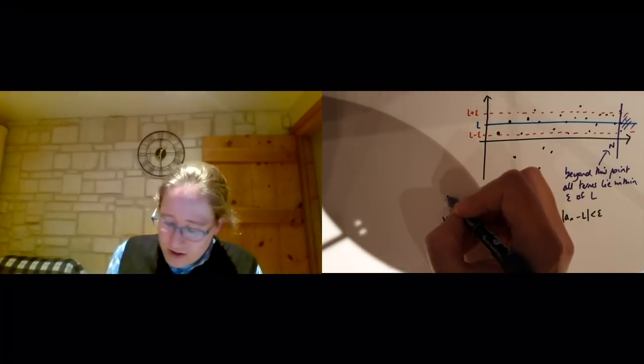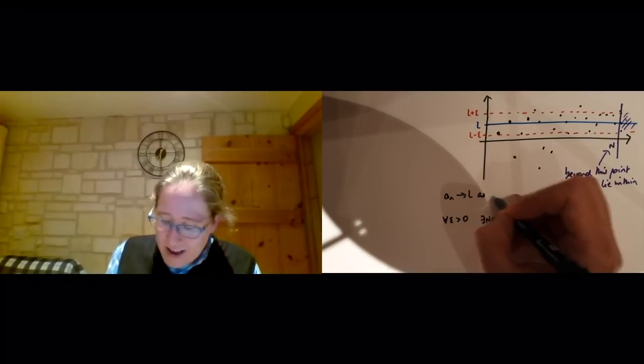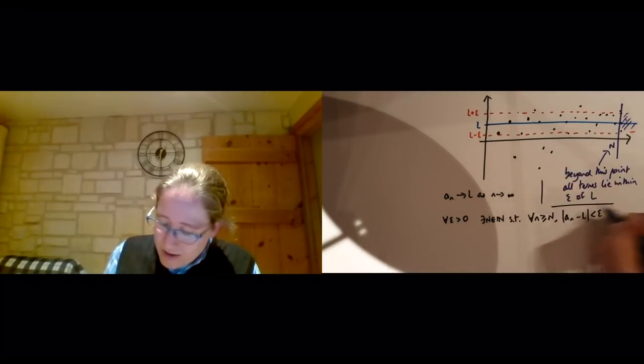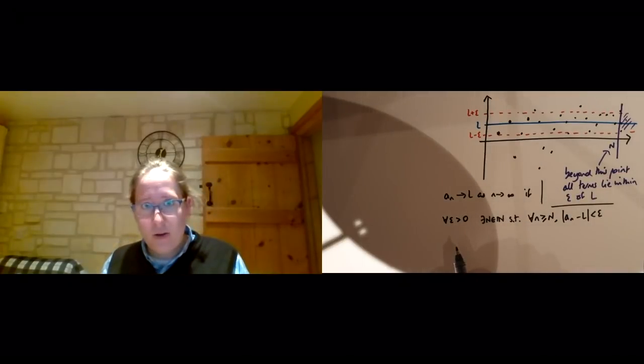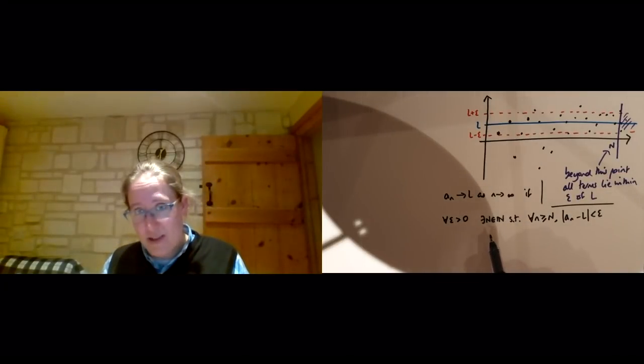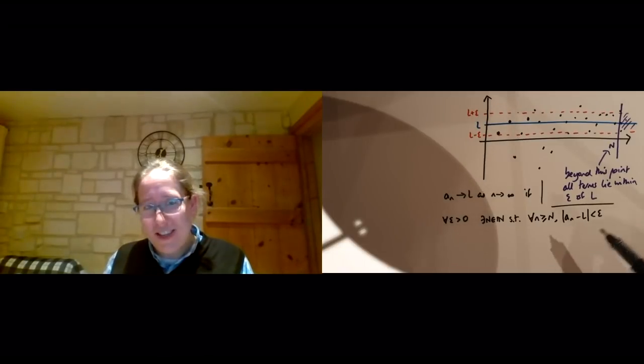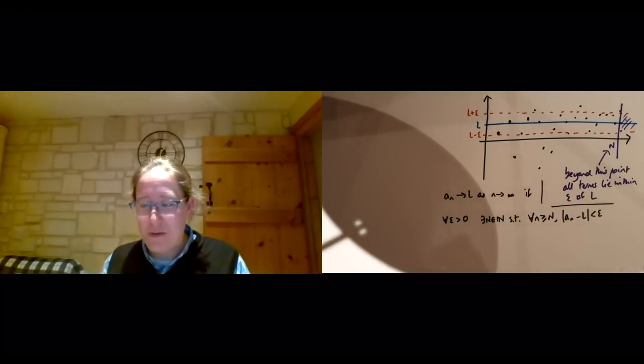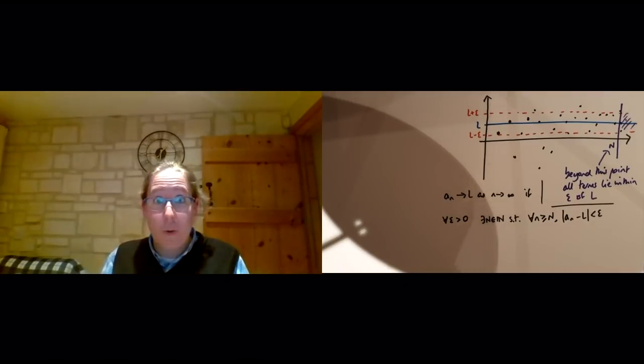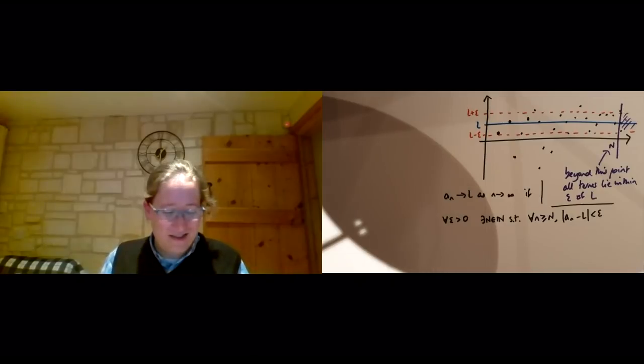So our definition: a_n tends to L as n tends to infinity if for all epsilon greater than 0, there exists a capital N in the natural numbers such that for all little n greater than or equal to capital N, the absolute value of a_n minus L is less than epsilon. And I hope that you can see how that relates to the picture I have attempted to draw. I hope that you can visualize what this definition is saying and why this makes sense with our interpretation of convergence. Let me put this on the slide.